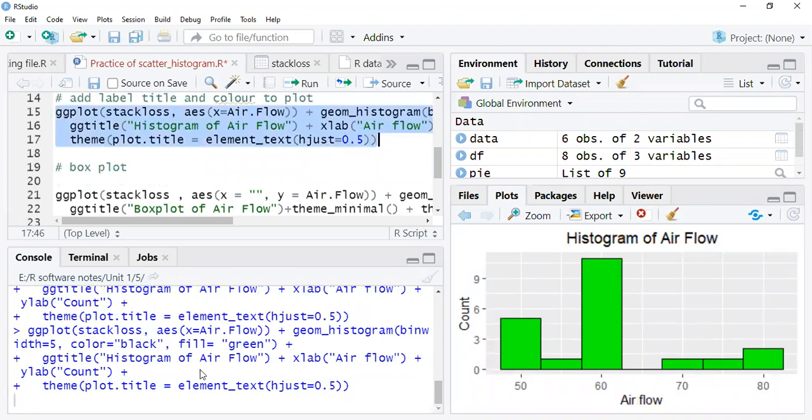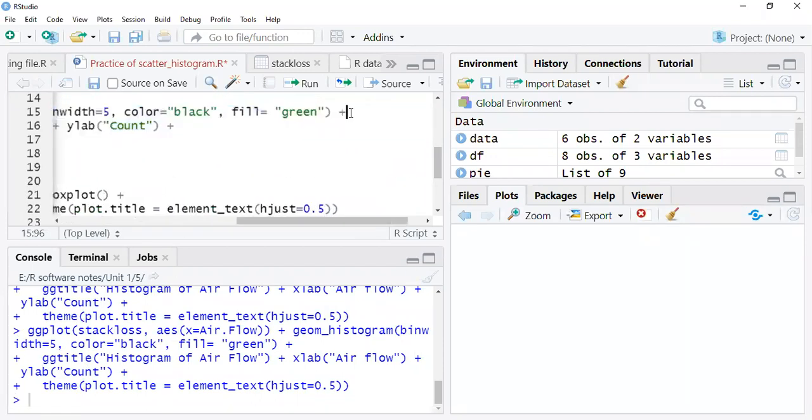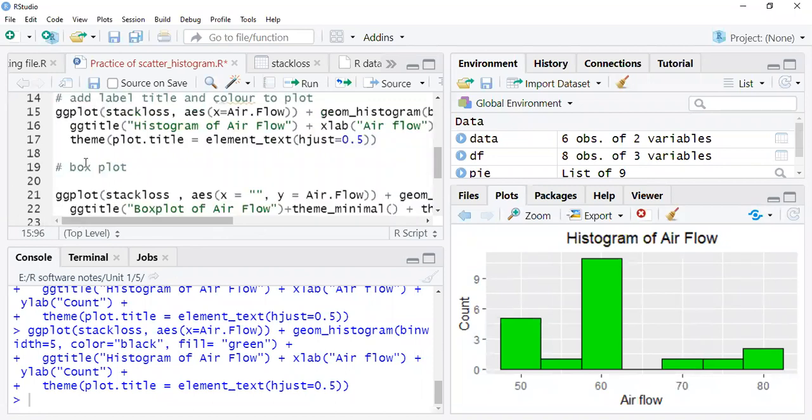It still shows plus because I have given the gap here. You can just use backspace and continue, but if I do backspace it will increase the size of that syntax. So that's why I put enter and keep it in the next row.